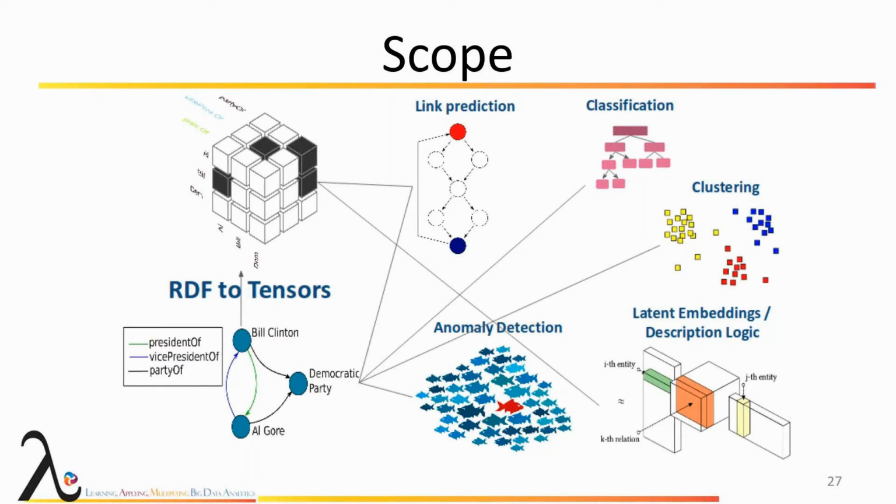So what we cover in SANSA are algorithms like anomaly detection in knowledge graphs, classification of knowledge graphs using terminological decision trees, and clustering of these knowledge graphs. We have algorithms like power iteration clustering, DBSCAN, or k-means to perform clustering.